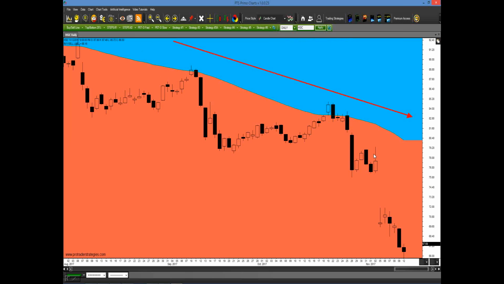So could we have taken advantage of this? Well, sure. Look at all the sell signals. You think these couple of sell signals here at the top could have helped you? These other ones, sure, there would have been some minor losses here, some whipsaws, but then you would have made it back. Perhaps you would have broken even or maybe lost here, but look at the next signal, made it all back. That's what consistency looks like.